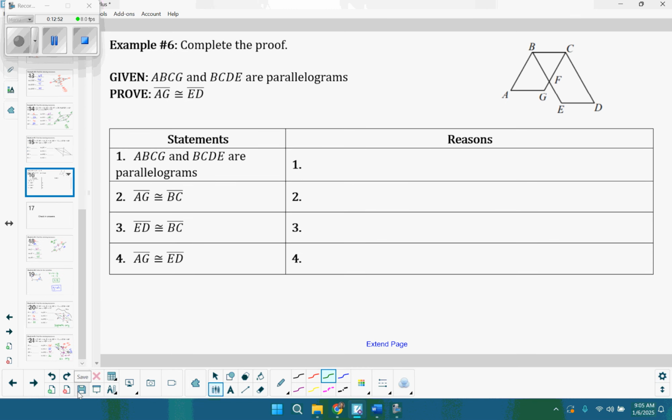We have one last problem to do, and that is a proof with parallelograms. So we are given that we have these two parallelograms. Next step, number 2, says AG is congruent to BC. So in parallelogram ABCG, those were opposite sides. And I said that they were congruent. So my reason in the proof could be opposite sides congruent